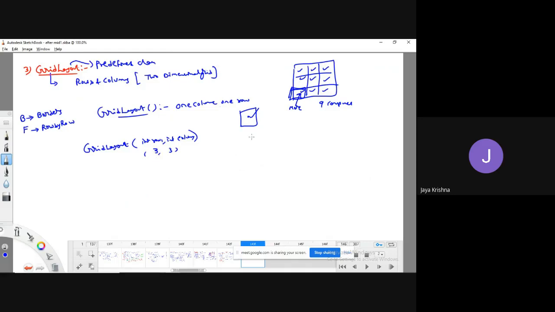And whatever grids it creates, all the grids are of the same size. Also, one more thing: if you would like to add components, you need to fill component by component. Suppose I have added 4 components. I don't want to add a component here, but I would like to add one here.